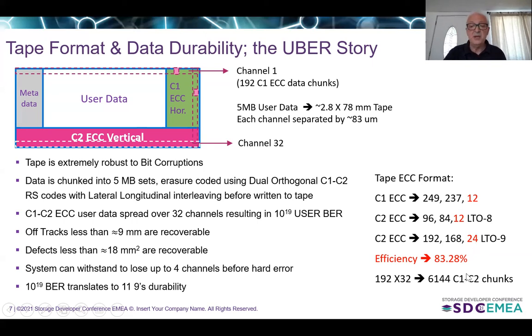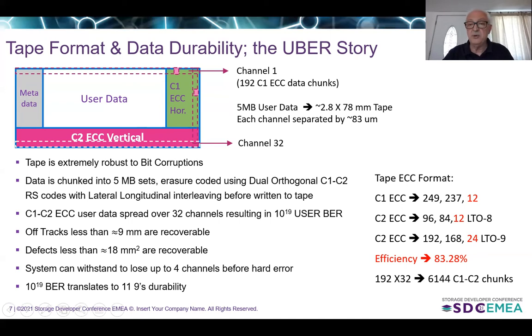Overall efficiency is 83.28%. You add a little bit more efficiency, you lose a little bit more for the format, but typically this is the efficiency that a robust tape format enjoys. So basically you can lose tracks, be off track or have defects, and you can still recover data